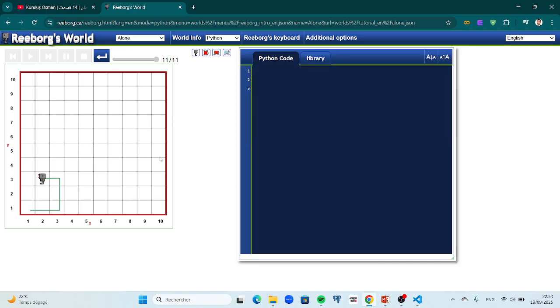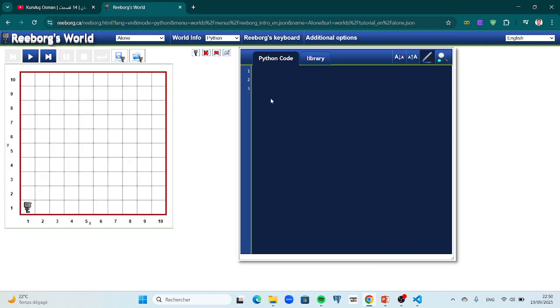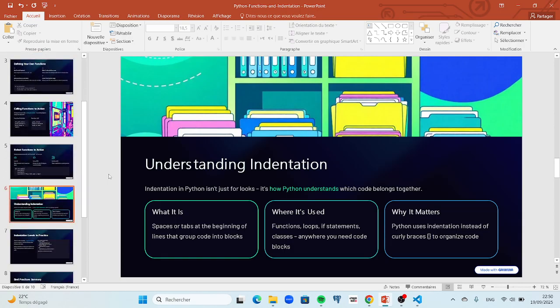Okay, let me give you another example. Right now, as you can see in this dashboard, you don't have any functions. For example, turn around or turn right, we don't have that. So this is okay. Now let's talk about